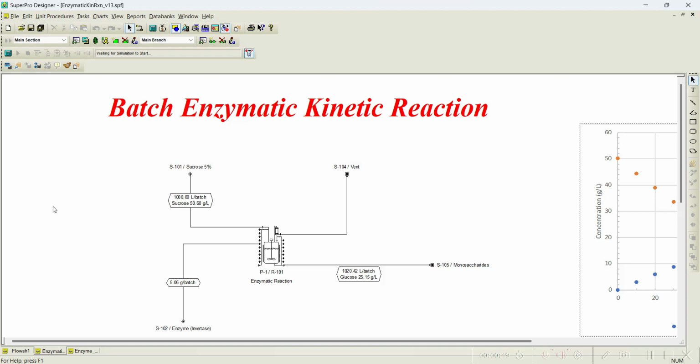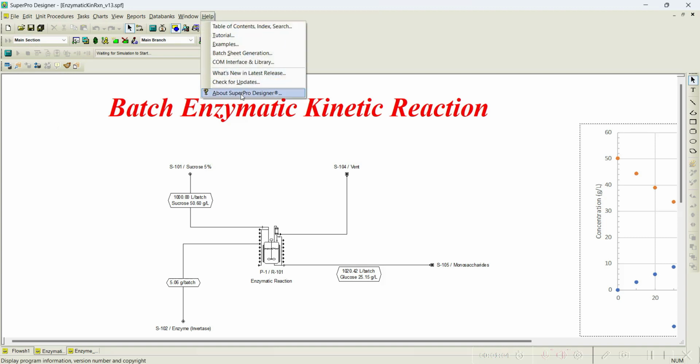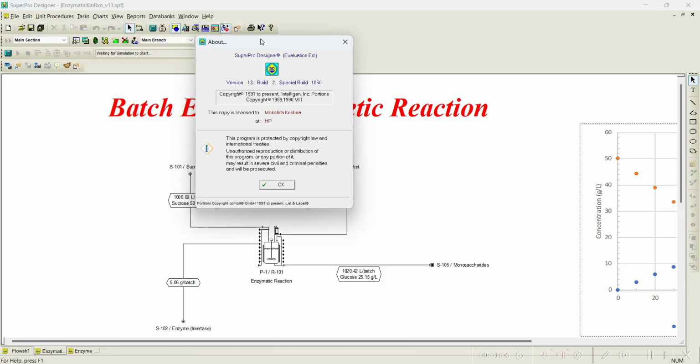In this tutorial, let us understand how to simulate a batch enzymatic kinetic reaction. This example file which I am showing here is shipped along with the SuperPro Designer trial version. For your information, I am using version 13 of SuperPro Designer and build 2. This example file is not available with build 1. So those who are using build 1, please download the latest version of the software and you can access this